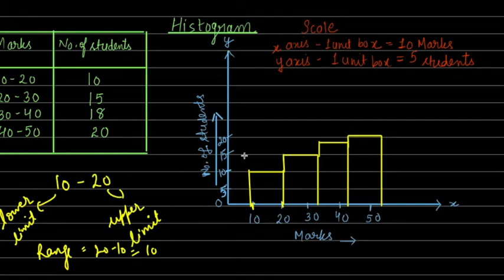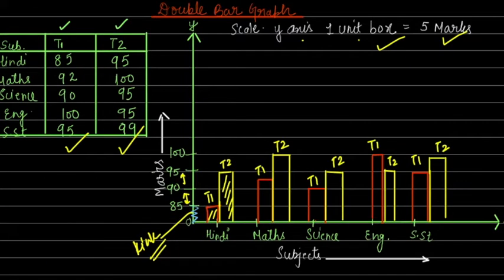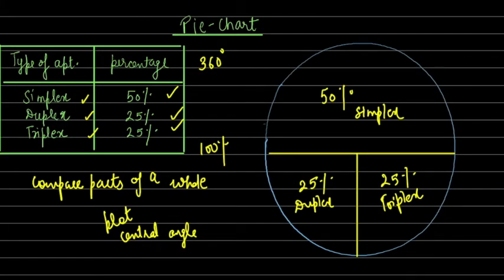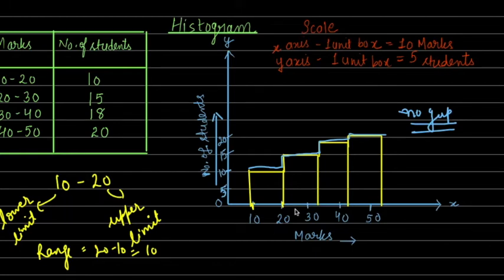So now we can see that there is no gap between the bars, and when there is no gap between the bars, it forms a consecutive graph, which is called a histogram. That's the main difference between the bar graph and the histogram. In a bar graph, there was a fixed interval, an even gap, between two bars. Rather, in a histogram there is no gap between the bars, it's a consecutive pattern.